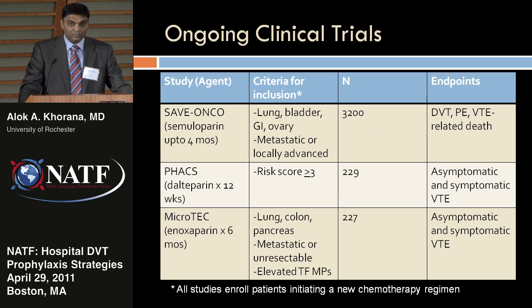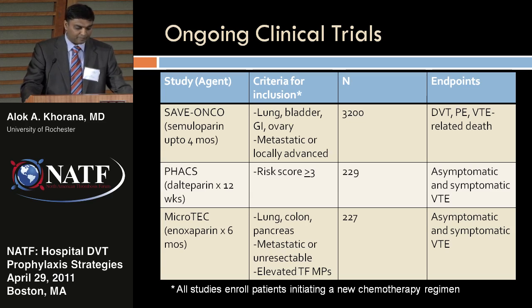3,200 patients were enrolled worldwide, and enrollment was completed middle of last year. The data set was locked in December, so presumably the results are available to the company, although they have not been shared with the public at this point. But the study relied on the old school way of picking which cancer patients to prophylax. They picked patients with different sites of cancer like lung, bladder, GI, and ovary. They anticipate only a 4% rate of VTE,